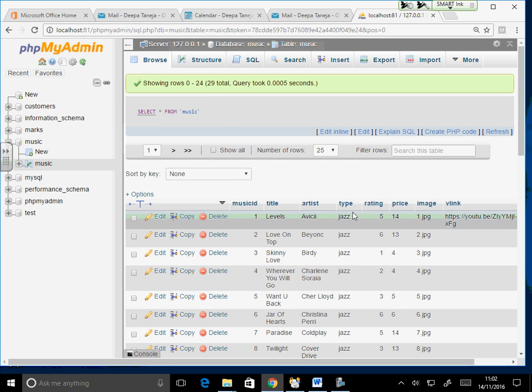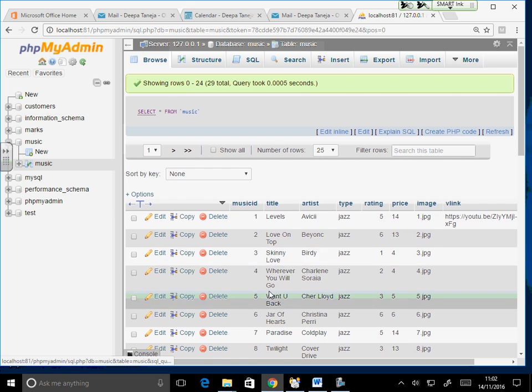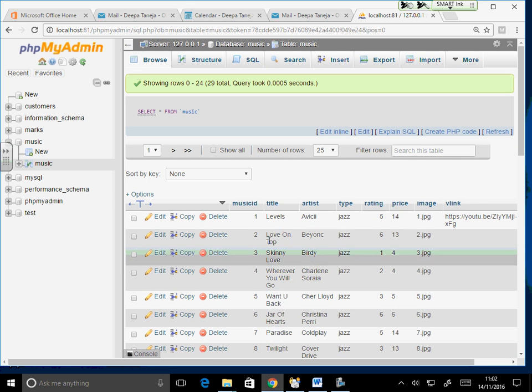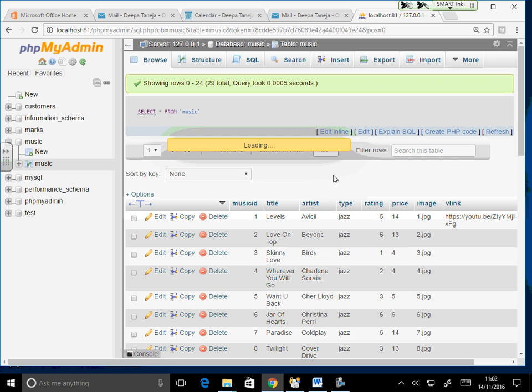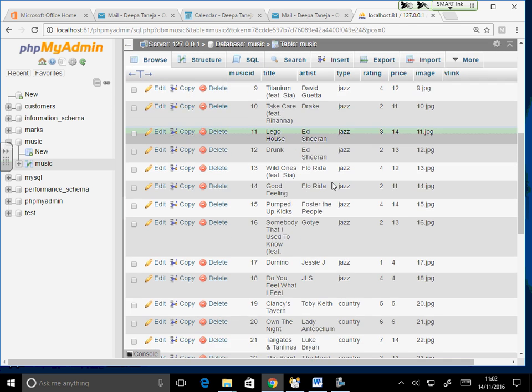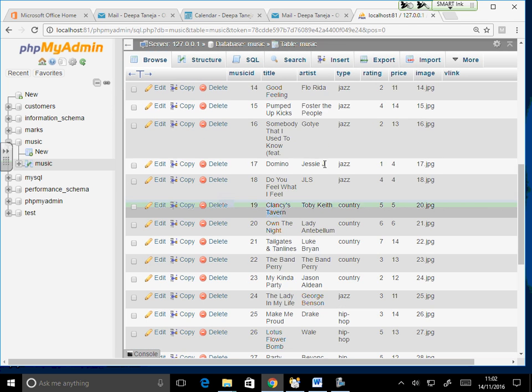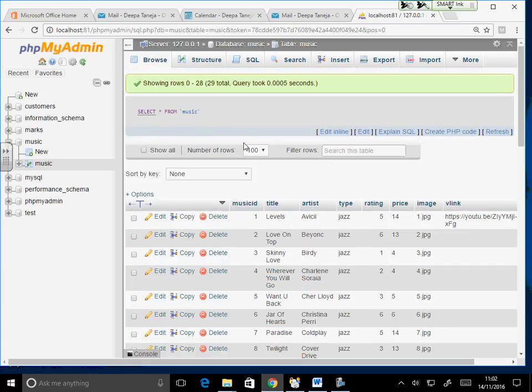Is that okay? I have total 29 records. Obviously, it is only showing me 25 here because the page says number of rows to be shown is 25. If I set it out to be 100 or 50, whatever, then you'll see all the records on one single page. But you should know, it will show arrows here if it was set too low. So that's your table. So I have the first step. I have my database, I have my table, and I have some sample data in. Is that right? Yeah? Okay, so now I need to go to my C drive.